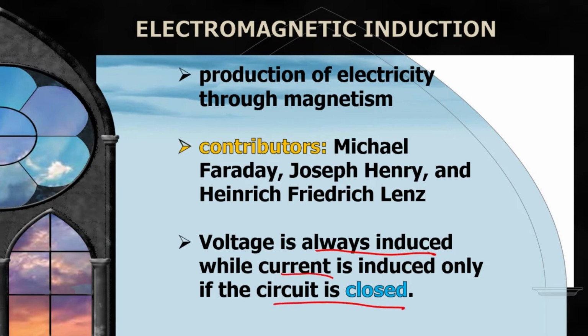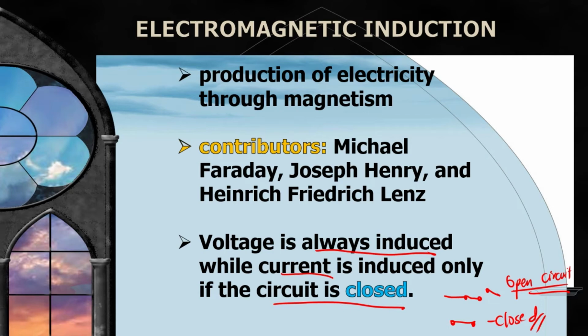So when we say the circuit is closed, it means the switch is turned on. As you all know, when we go back to circuits, we have the open and closed circuit. If this is the connection of the circuit, once these are not touching each other, we call this an open circuit, wherein there is no flow of electricity. But once these two touch each other, that is now known as the closed circuit. So when it is a closed circuit, that is when the electrons flow so that the appliances can be